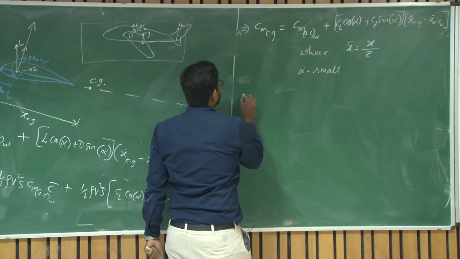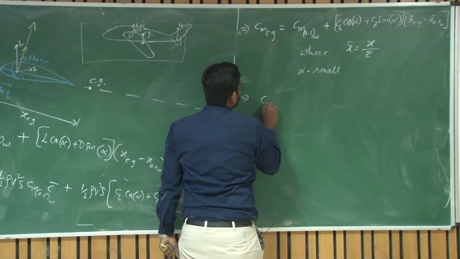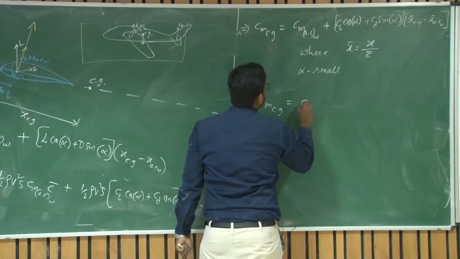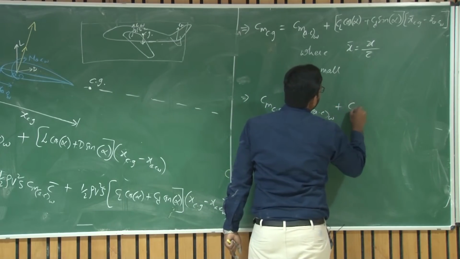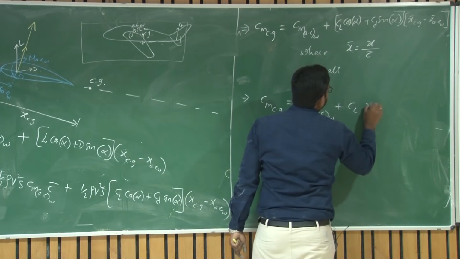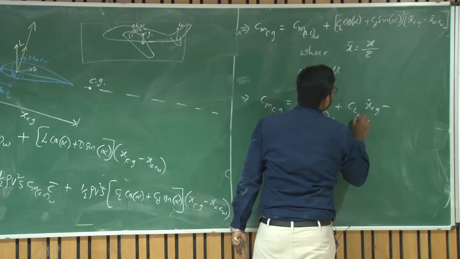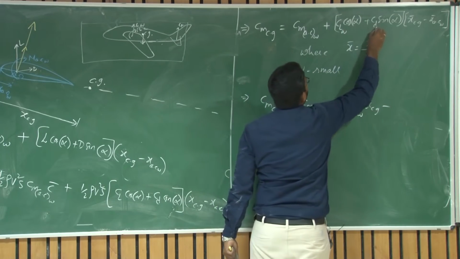So what you have is CMCG equals CMAC of wing plus CL into x bar CG minus